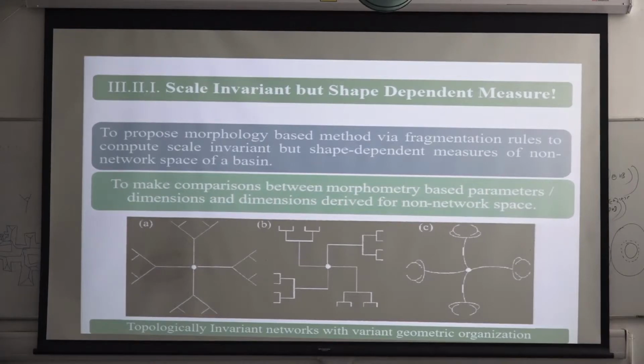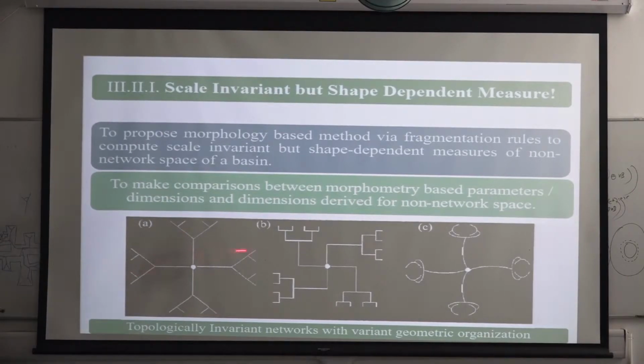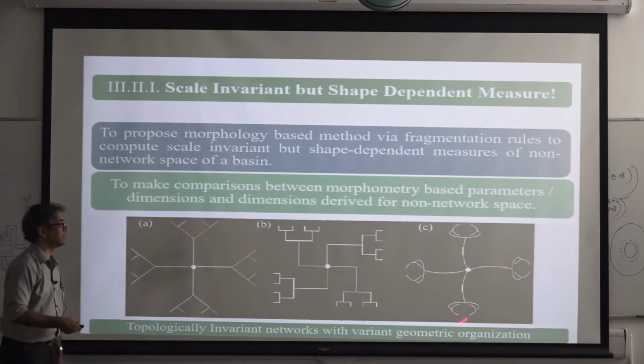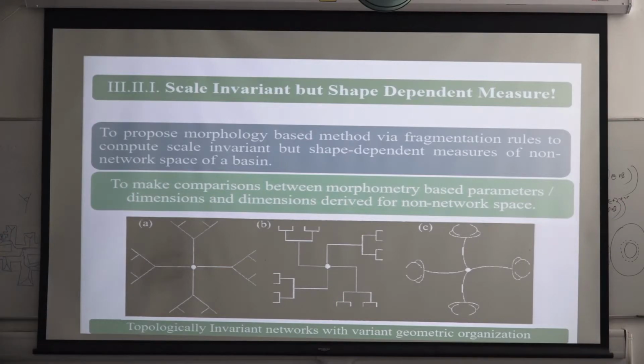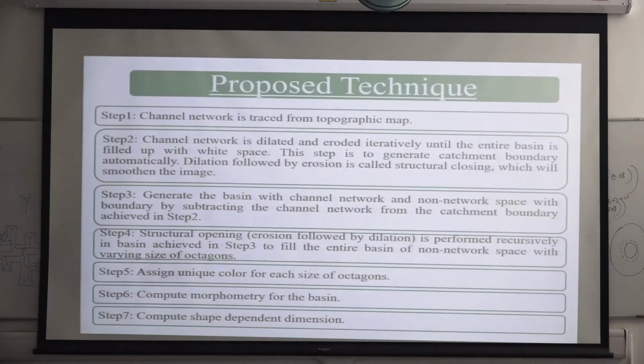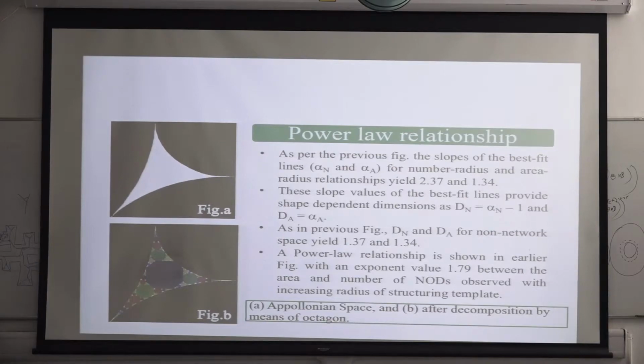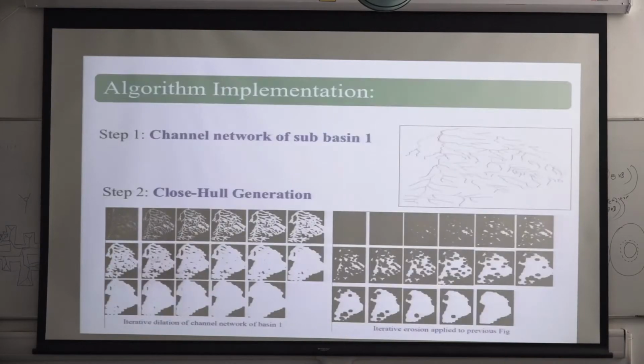Okay, this was the question somebody was asking in the morning, and these are the 3 different networks. They are topologically invariant but geometrically highly different. For that, morphological shape decomposition is the approach that we have followed. Apollonian space is packed with octagons of various different sizes. The transformation we have followed is morphological shape decomposition. The main principle involved there was opening for the highest number of cycles. This is performed hierarchically. And then you look at here, there is a network.